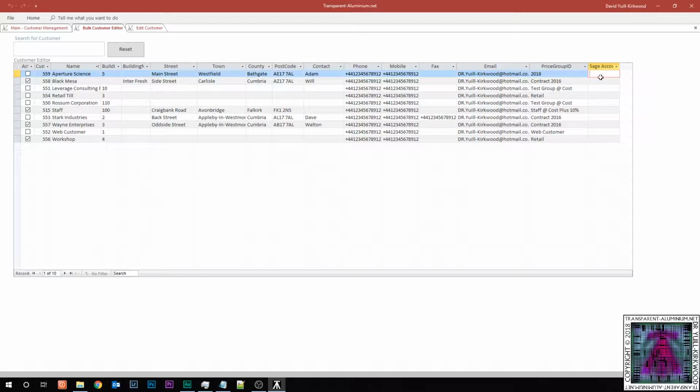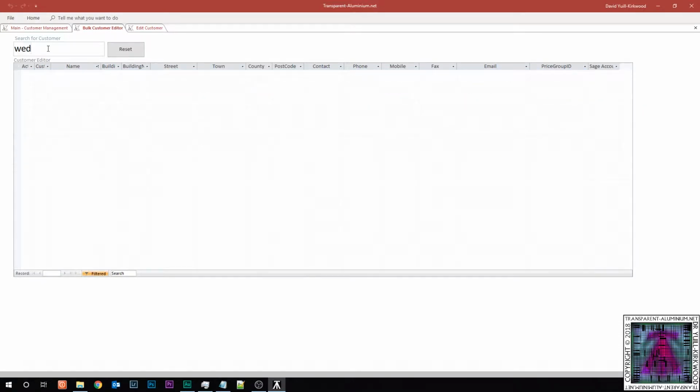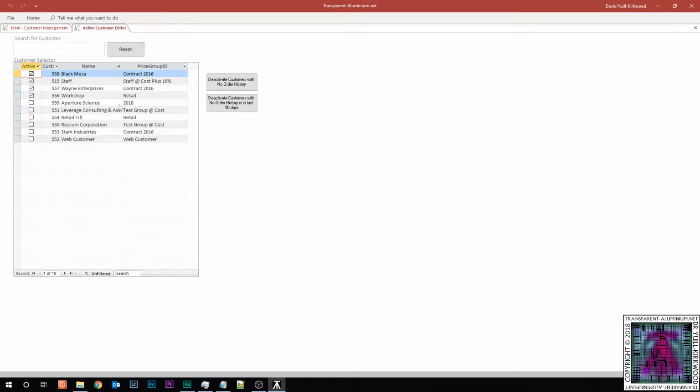And also, if you're using any external software for your accounting, you can put any account details for the numbers that correspond to that system. You can, of course, if you have lots of customers, click in the Search for Customer field and simply type in the name. Moving on to the Active Customer Editor, simply click on here and it's a form very similar to the last one,